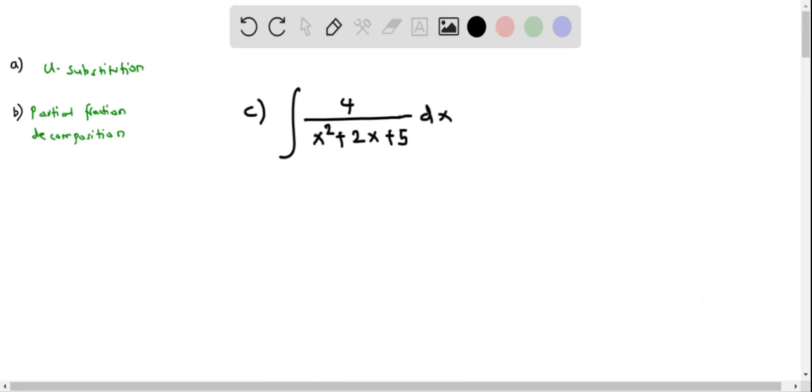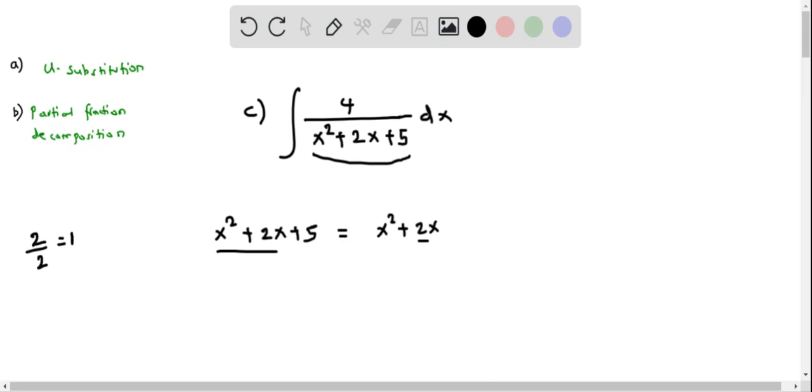In part C, we use the combination of completing the square and then the u substitution method to solve this integral. We first complete the square for the expression in the denominator, that is x squared plus 2x plus 5. So let's complete the square for these two terms, x squared plus 2x. We take half of the coefficient of 2, which is 1, which means we add the square and subtract the square. That is, we put 1 squared and then minus 1 squared,